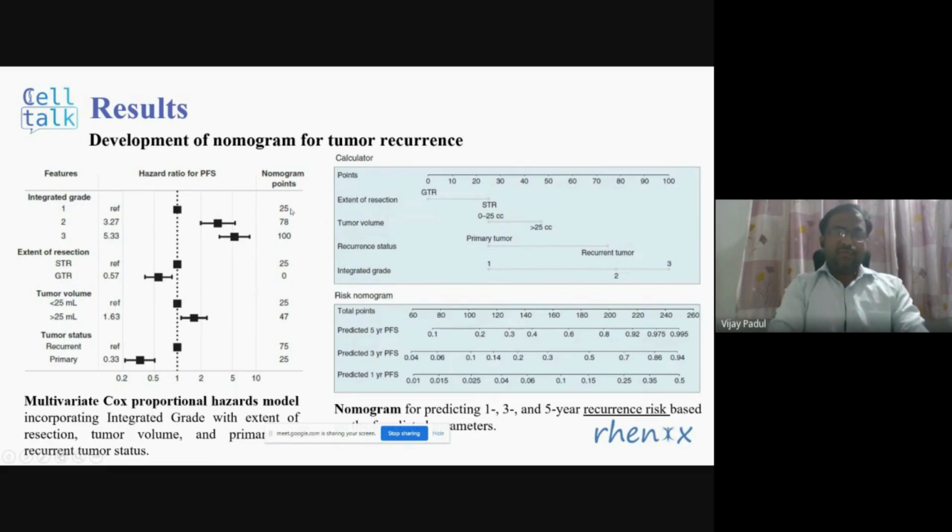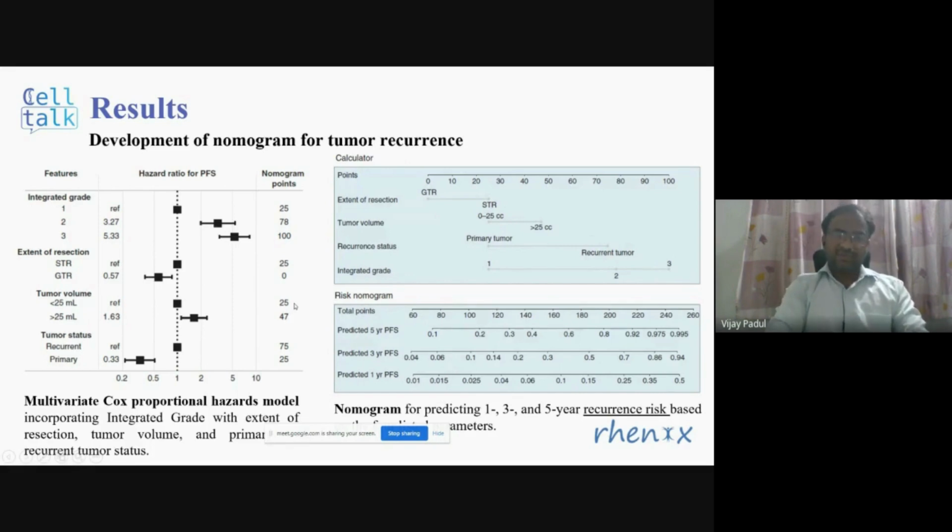So these nomogram points are added each. For subtotal resection and gross total resection, the hazard ratio is less because most of the tumor is getting resected. And tumor volume also, if it is less, it has less hazard ratio as compared to the more volume of the tumor, and therefore a larger point is given. So if the feature is having a bad effect on the tumor behavior, then higher points are given as compared to